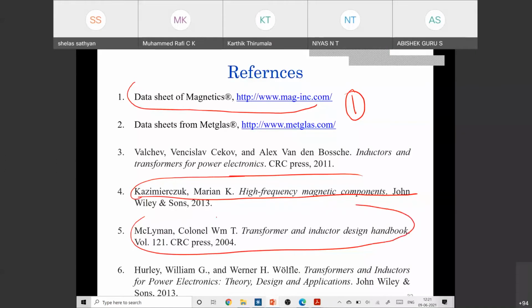If you require very good insight on transformer and inductor design, this McLyman textbook is one of the Bibles for this. When it comes to power electronics based material, either Ram Narayanan or Robert Erickson textbooks are quite good. Robert Erickson does not use the area product method. They design the inductor based on the Kg method or geometrical constant method, but both will give you almost similar results.